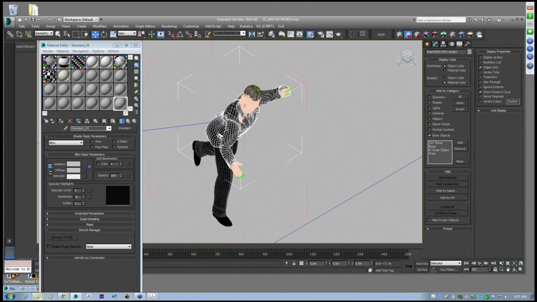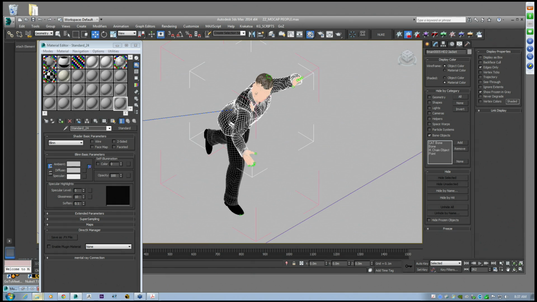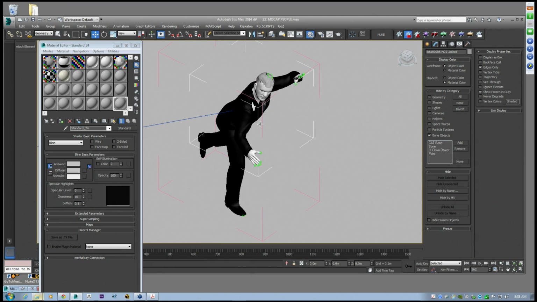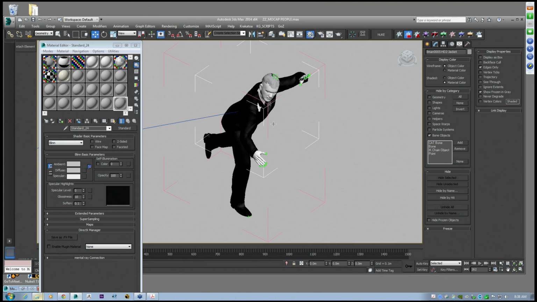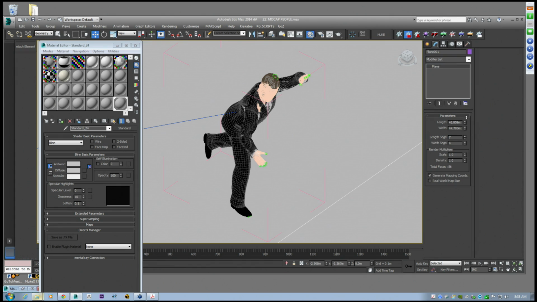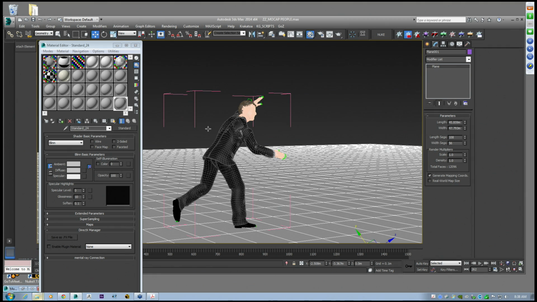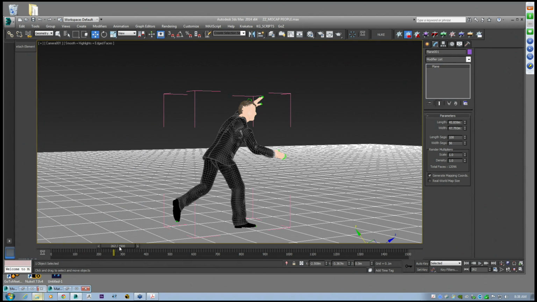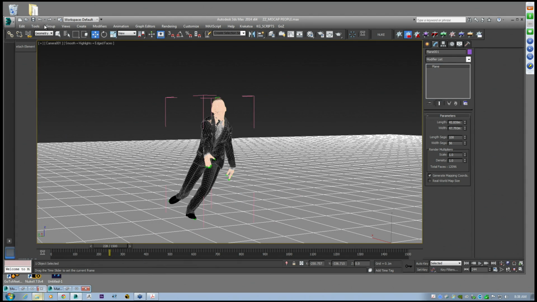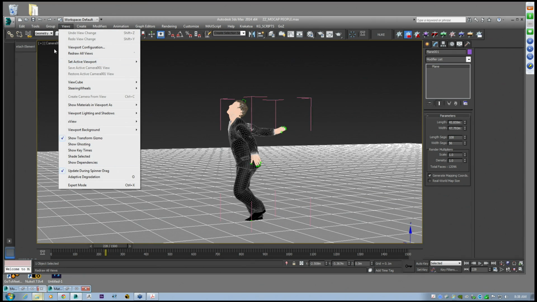So we should really have this on layers so we can control this a little bit better when we get into the scene. Let's leave him on for now. Add a few subdivs into our plane so we can see. And then we can see here, if we do a quick screen capture,